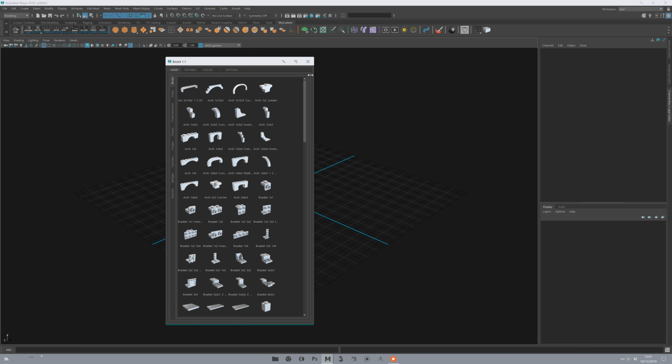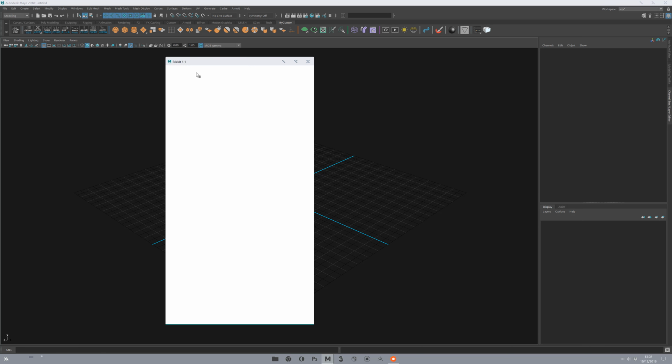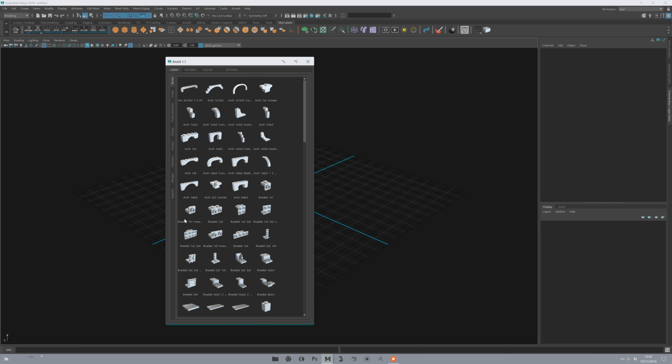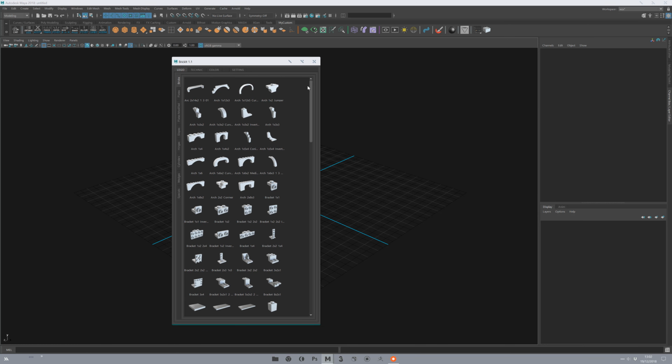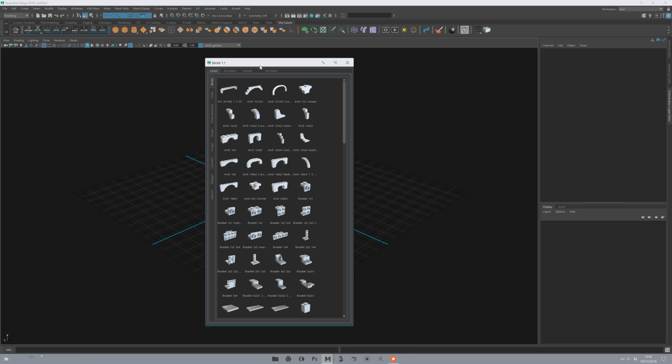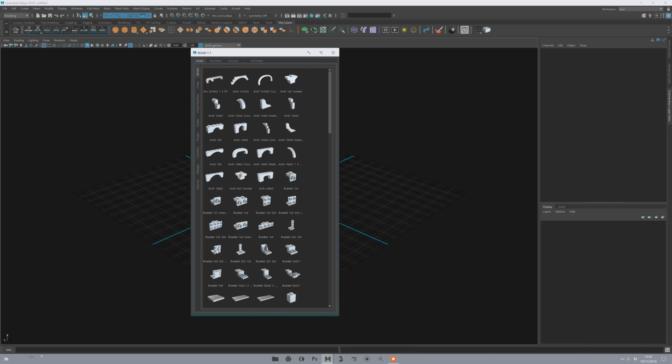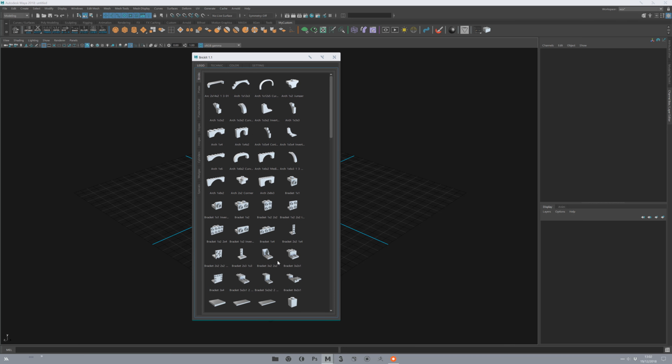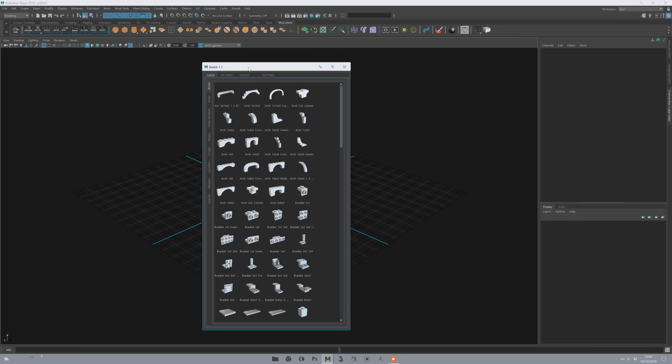It's possible that it takes 2, 3, maybe 5 seconds to open. It depends on your system, your hard drive, because, you know, here one second of white freeze because it loads all the thumbnail icons, since there are a lot of bricks. Okay, now Brickit is open. As you see, it's a floating window.